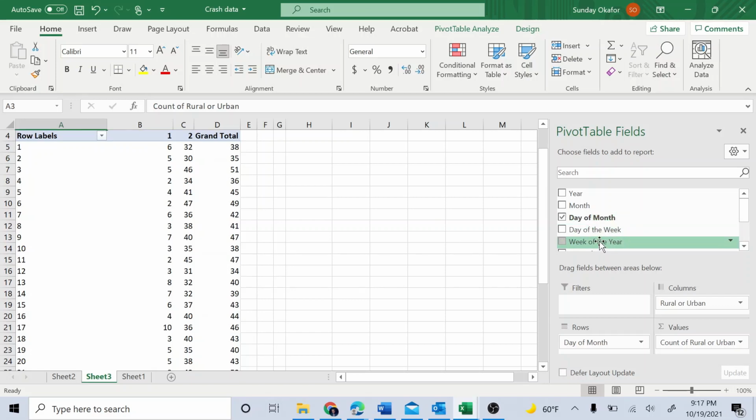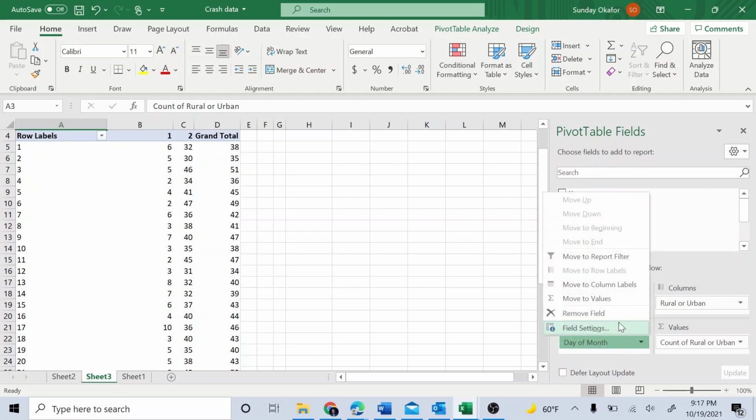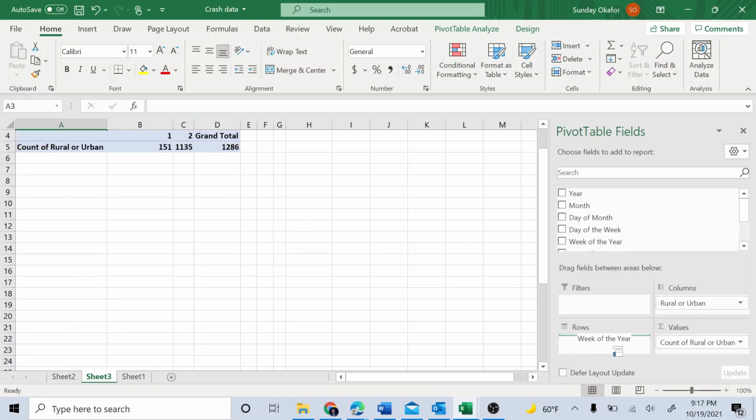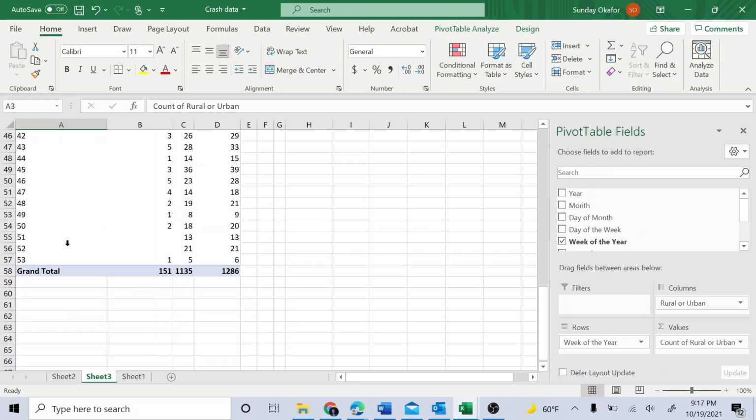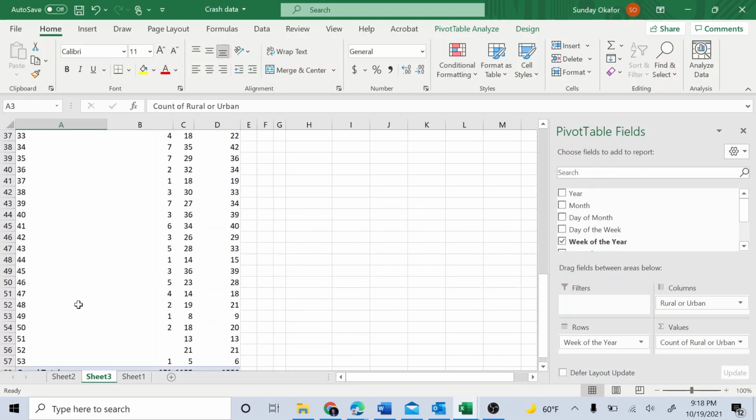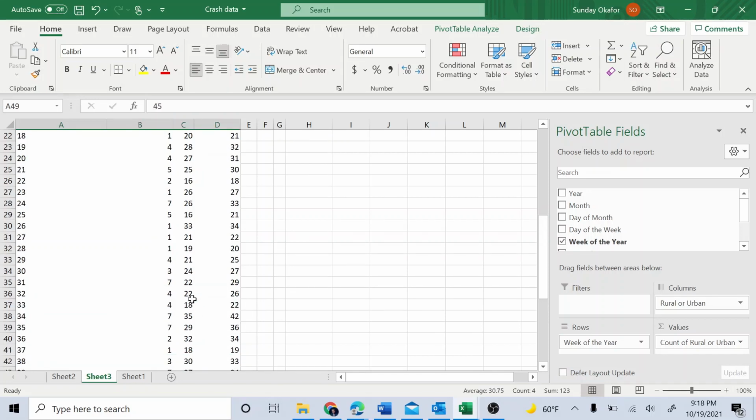Day of the week of the year. Just remove this one, put week of the year. You can see that week of the year, 53 weeks in the year. You can see which week you have more accidents. That can give you an idea. You can see here we have 36 in the 45th week. So something like that is how you visualize